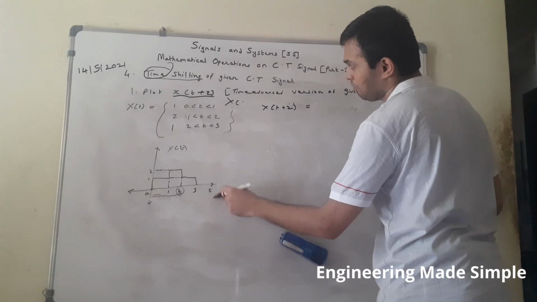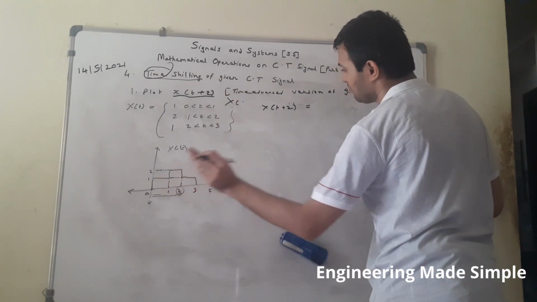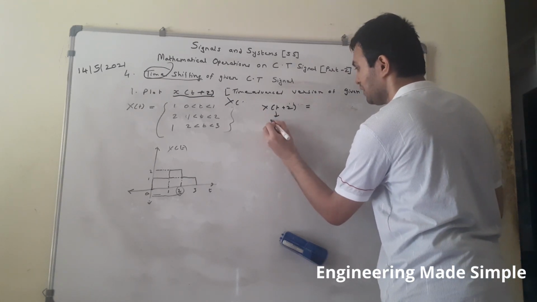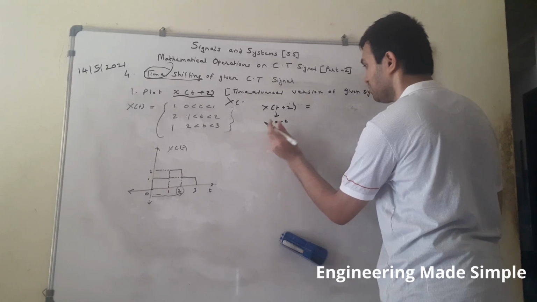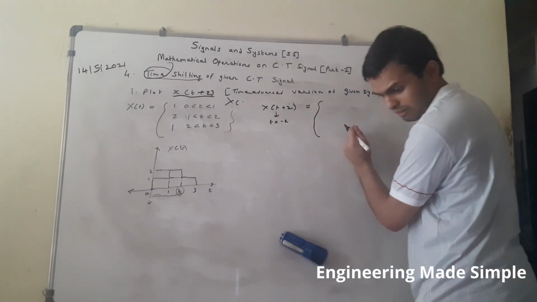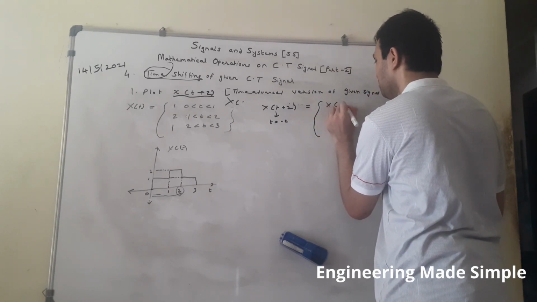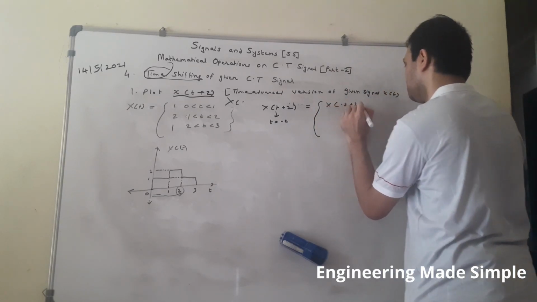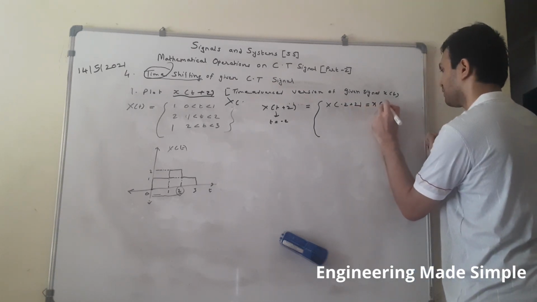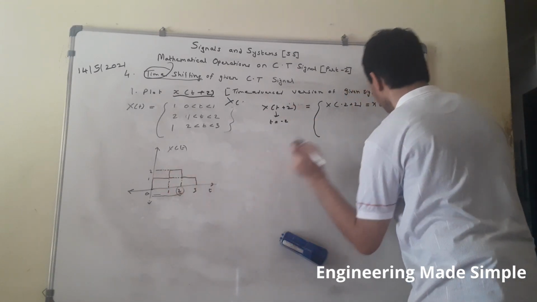Now as I said to you, because it is a time advanced version, the signal will begin from t equal to minus 2. So let us start putting values from t equal to minus 2 in this particular equation. So now understand here. When I put t equal to minus 2 in this equation, minus 2 plus 2, so x of minus 2 plus 2 is nothing but x of 0. And what is the value of x of 0 in this equation? So x of 0 will have value 1.